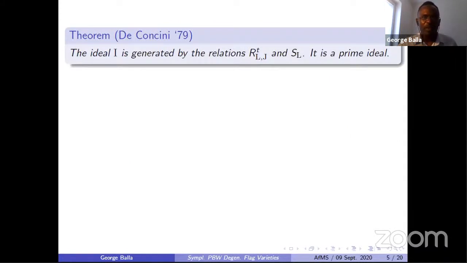Now, what was proved by De Concini in 1979 in his paper on standard symplectic tableaux, his proofs in that paper imply that these quadratic relations and the linear relations generate the defining ideal of a complete symplectic Frege variety. And also, it is a prime ideal, since, of course, the complete symplectic Frege variety is